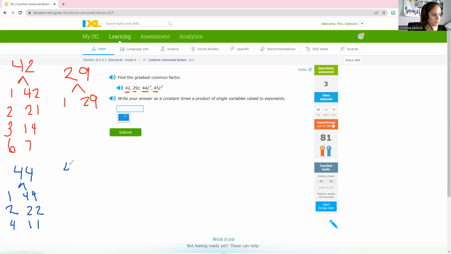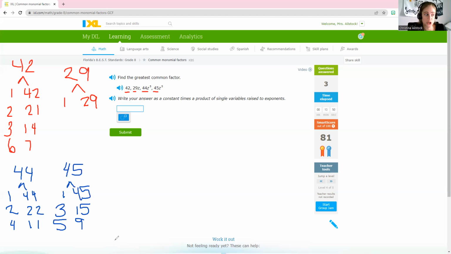And then 45, 1 and 45, and then 2 doesn't work. 3 does. 3 and 15, 5 and 9, and that's it. So what's our GCF here? It's just 1. Now, can I tell you a secret that I'm